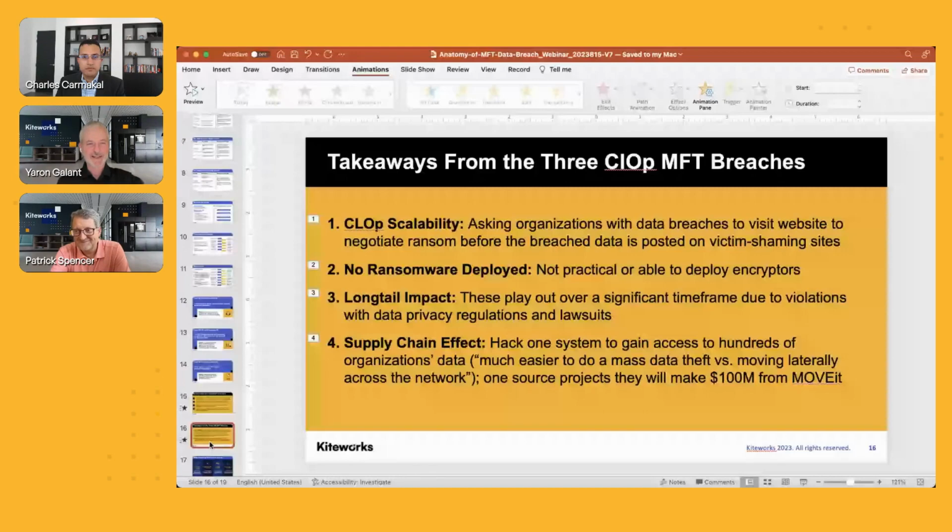That's where the class action lawsuits come in, where various outside parties decide that there's a potential for litigation, and those are long drawn, and they stand against the organization for a long time. They cause obviously significant expenditure of money. This, from what we've seen, is by far the biggest ticket item. And in fact, it's not the ransom, it's not even the fines that we see. It's actually the litigious side of things.